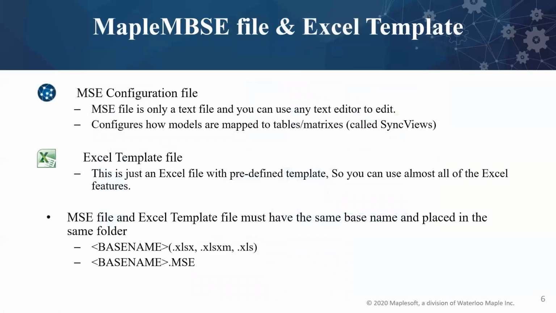So the configuration file, or the MSC file, is a text file which is going to have queries of my model elements. I'm going to create queries for a model, and based on the queries, I'm going to get a certain type of element, and I'm going to specify in the configuration file how I want this information to be displayed as a table. So that's what a configuration file is.